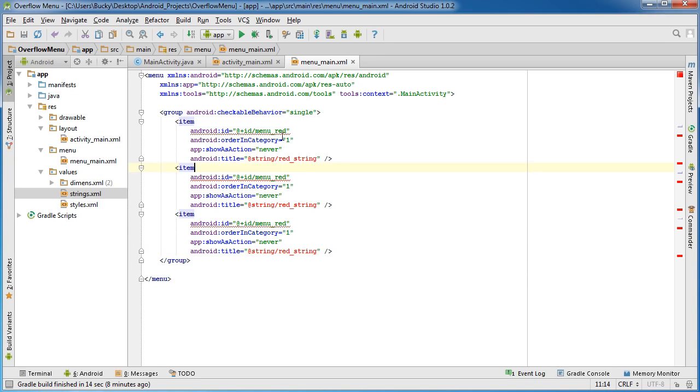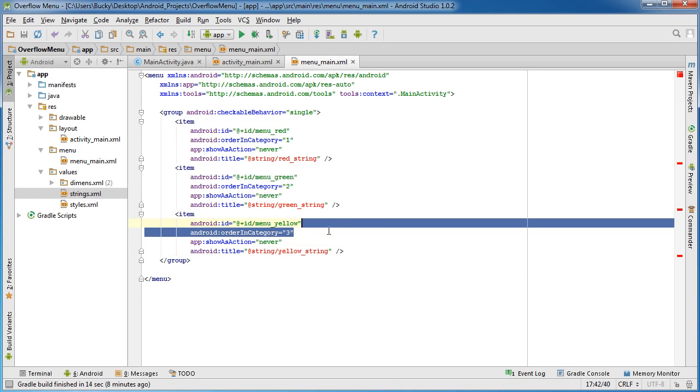Alright, so the first one is red. The second one will just have like green. And this is the second list item. And of course, our reference is that. And the third one would be, let's do yellow. And of course, this is the third item,